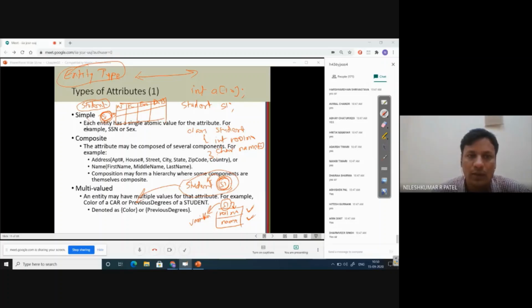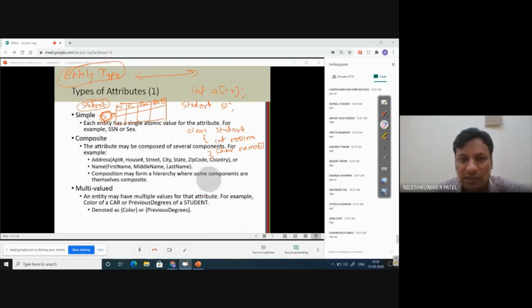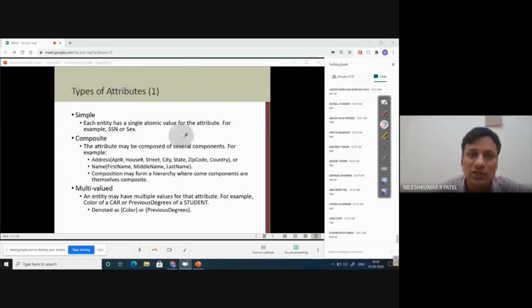So the name of the table is not just a name of a table, but it actually defines the entity type. Meaning, it defines what is inside this table, how many columns exist, what the data type of each and every column is, and what constraints you want to provide on each and every column, right? So for example, there is a student table, right?